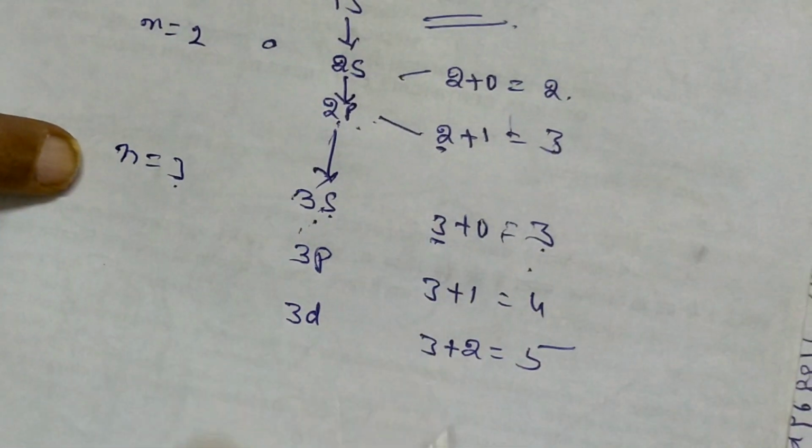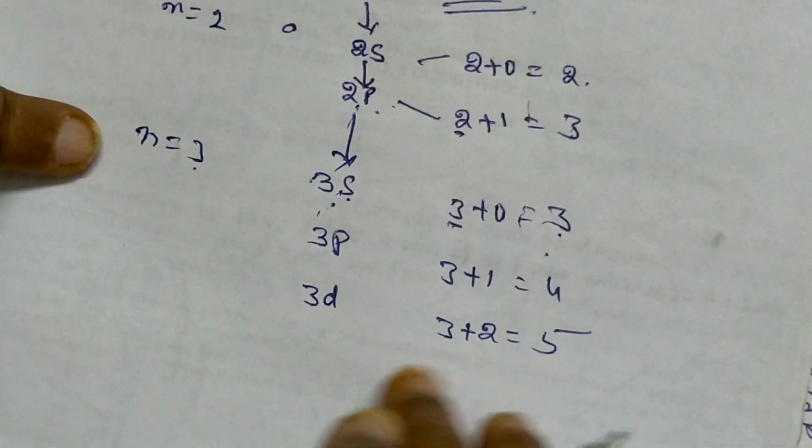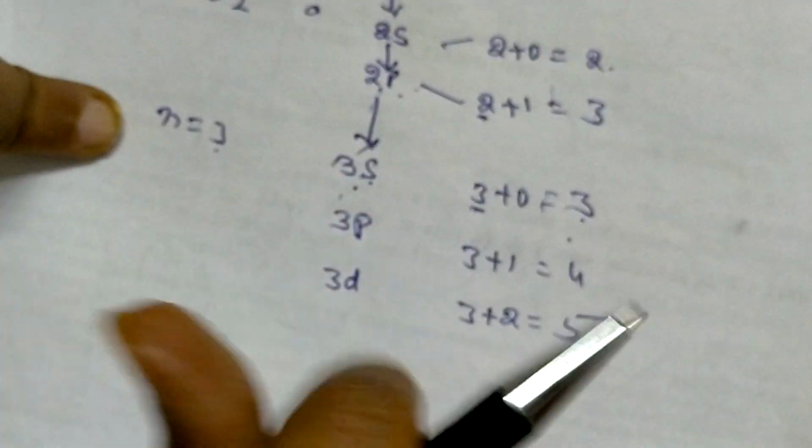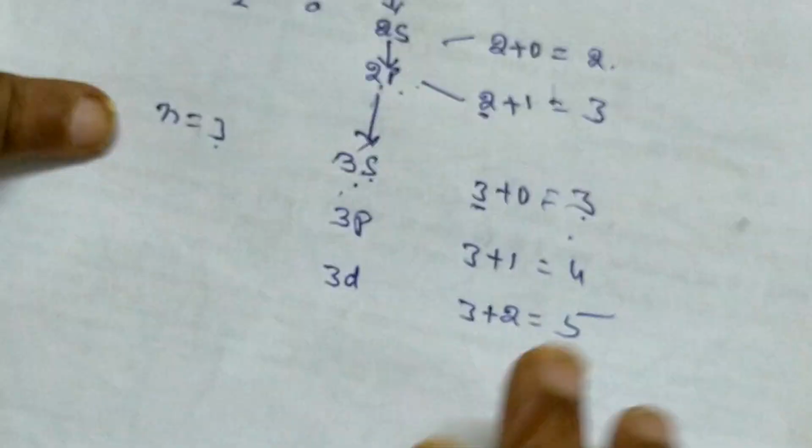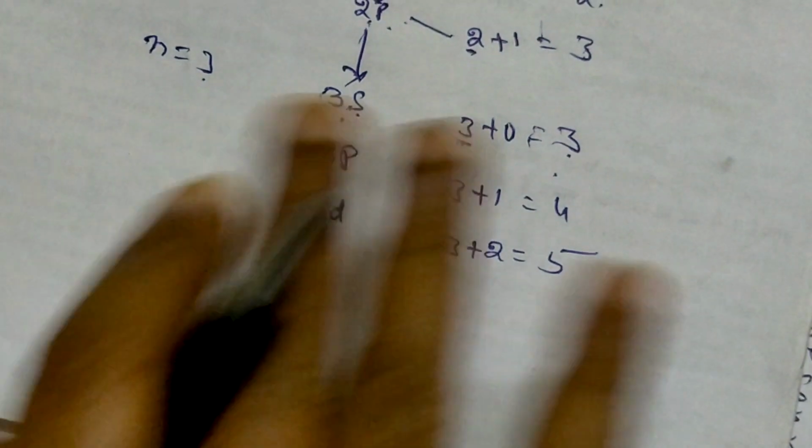But this will coincide with the next N equal to 4 values also. Whether 3p will come or 4s will come, the rule is the same. It is to be applied like this. So the Aufbau principle is stated like this. Then